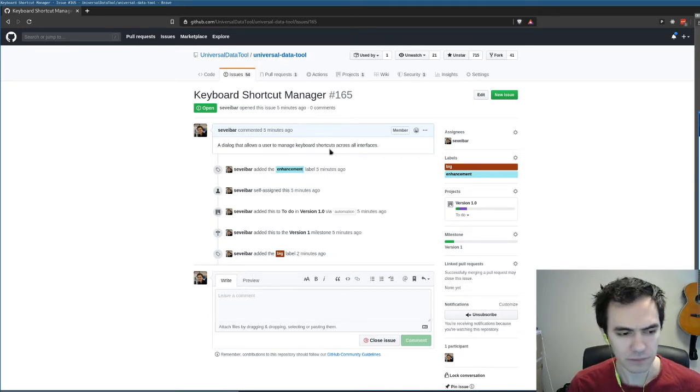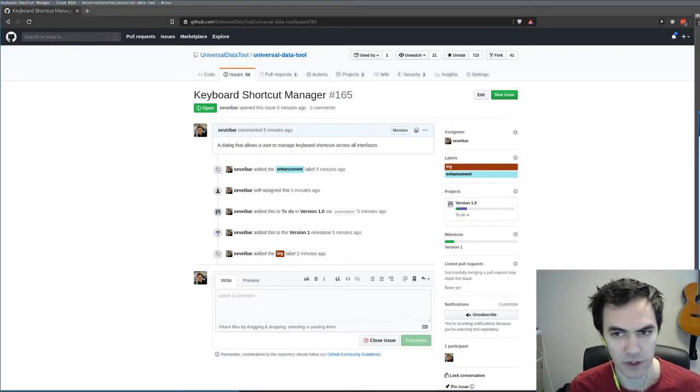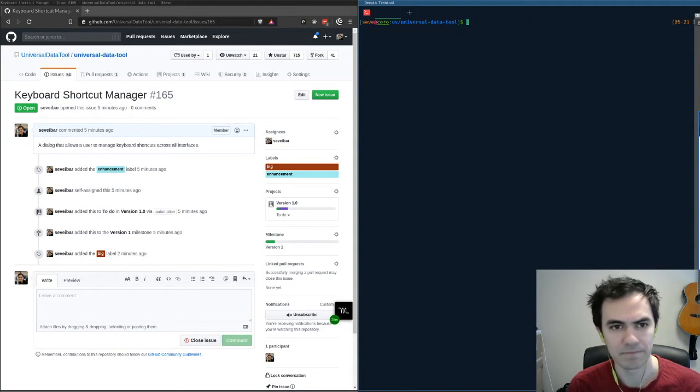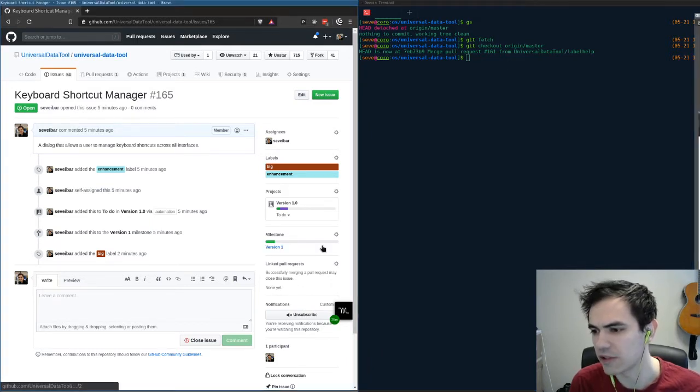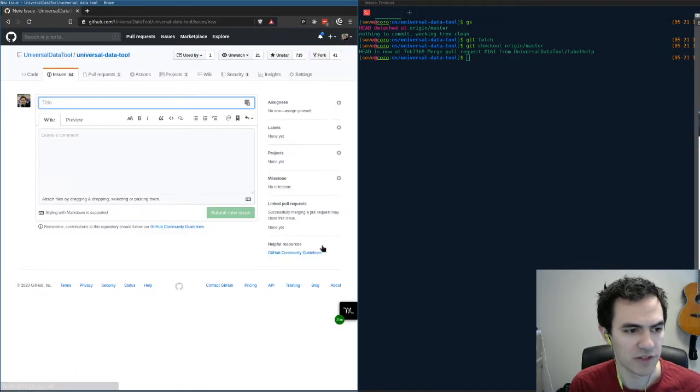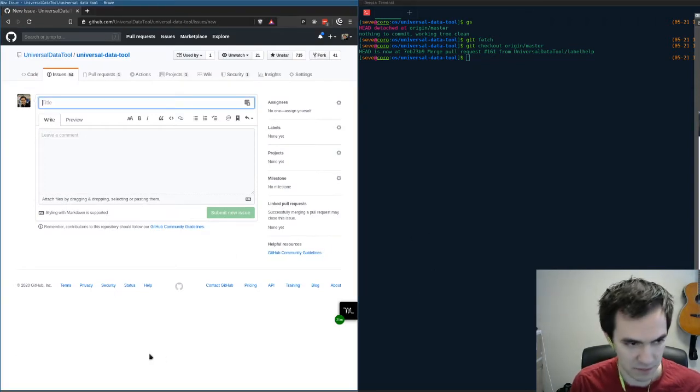So how do we begin an issue like this? Keyboard Shortcut Manager, that's pretty big. So first, I'm going to open up a terminal here. I already have the Universal Data Tool project there, and it says I'm at origin/master. I'm just going to fetch and make sure I'm on the latest version by going to origin/master. So I'm on a detached branch from origin/master, and then I'm going to check out a branch for this feature. Oops, I hit a hotkey in